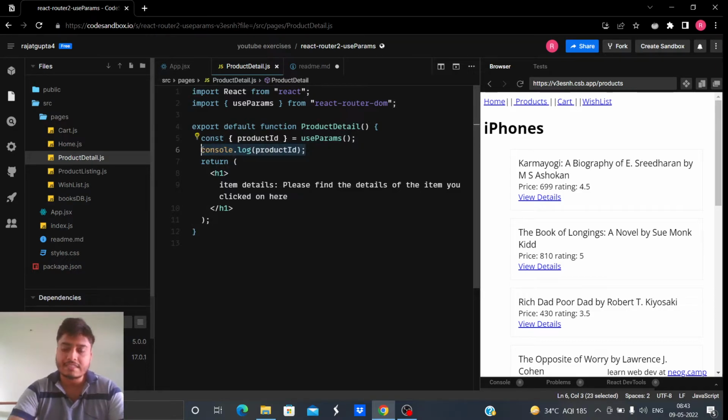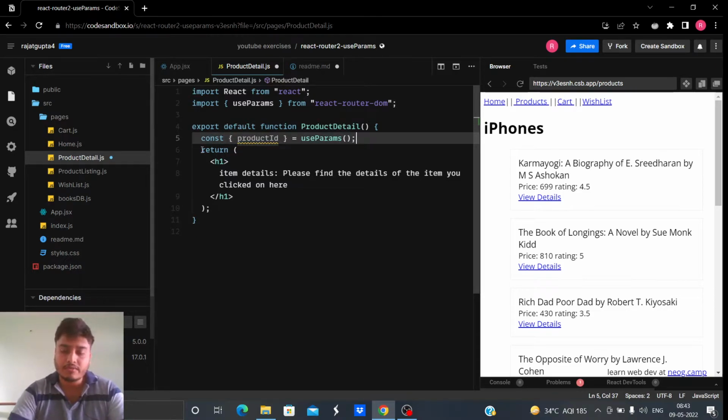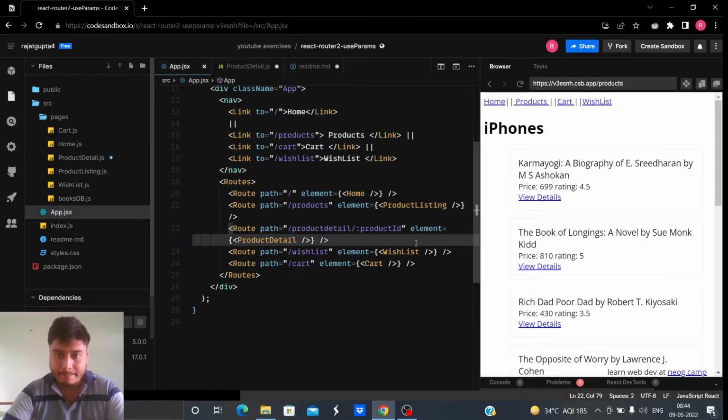Okay, so what is happening here? I told you that you have to use the same name with useParams. Whichever name you are using here is the dynamic name, so you have to use the same name here.